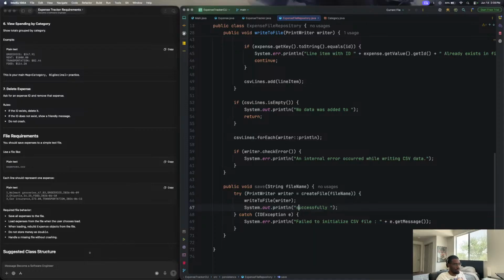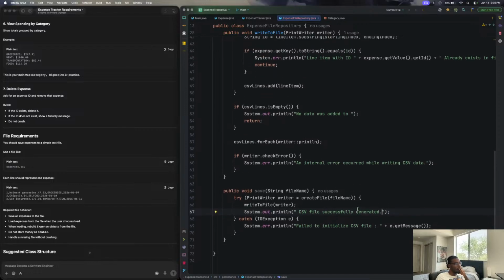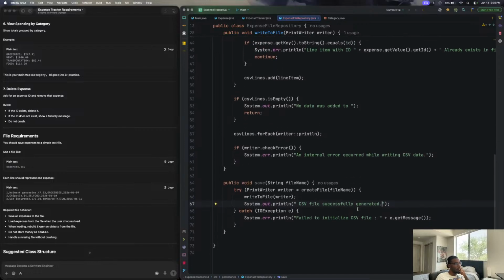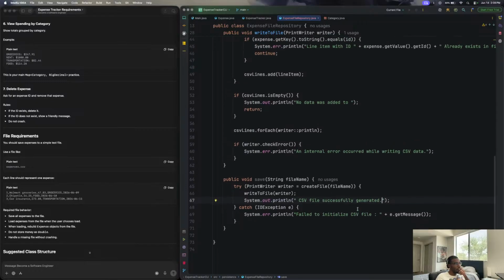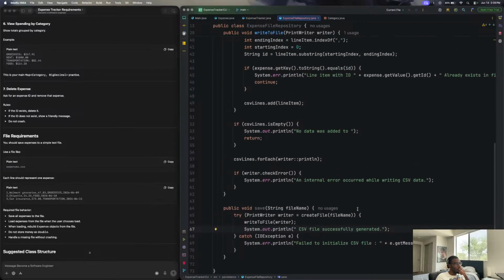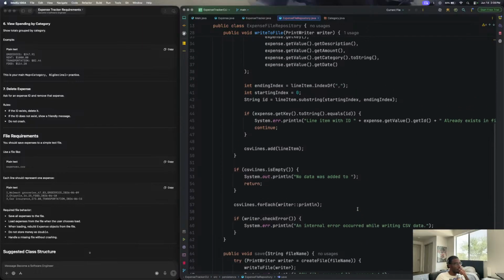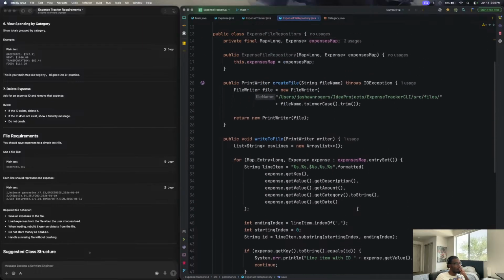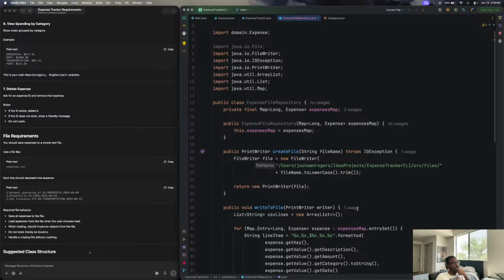Yeah, let's do that. CSV file successfully generated. And then okay. So that handles